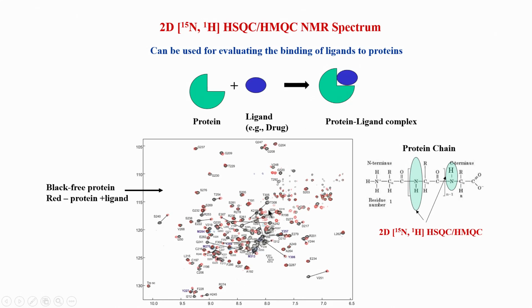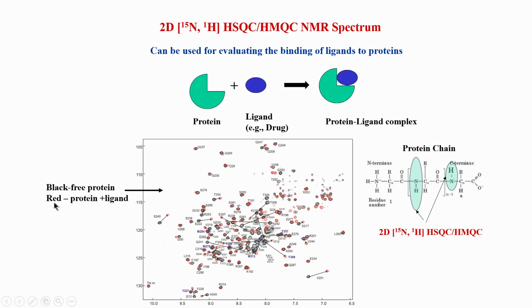From NMR how can we detect? You can see this is an example of some protein, and the peaks colored in black are coming from the free protein, meaning the protein which does not have the ligand. But the moment the ligand is added to this protein directly in the NMR tube, in a specified concentration, we start seeing changes. You can see now the red color is the new set of peaks.